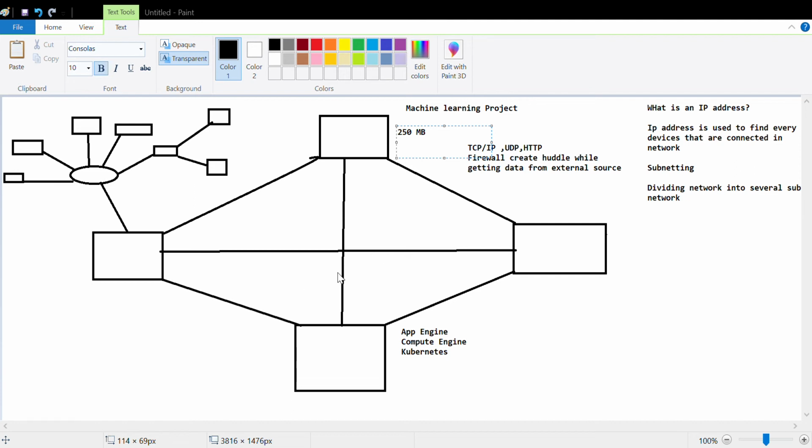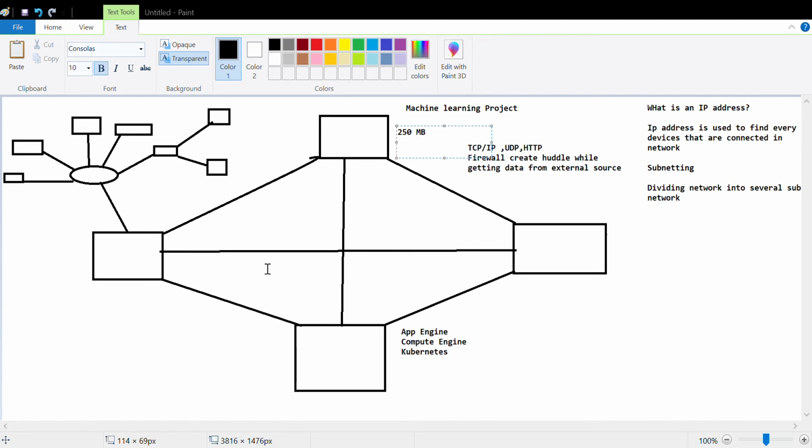When you connect a VPC on the cloud, you should be aware of the firewall rules, the IP address, and subnetting, and the API service should be enabled for using the virtual private cloud. With a virtual private cloud you can also create a hybrid connection. A hybrid environment is a combination of several kinds of networks.